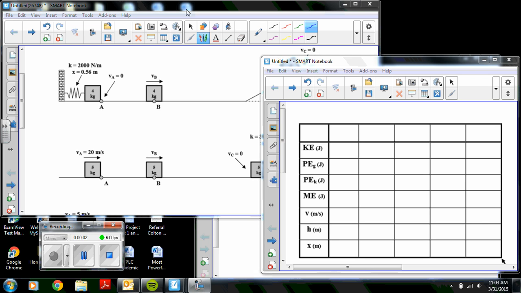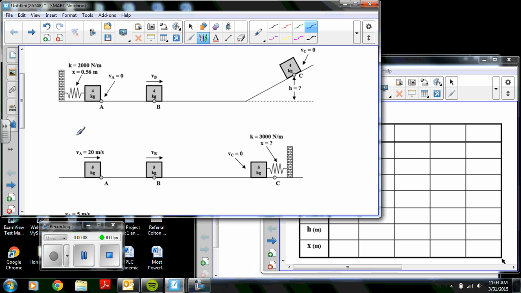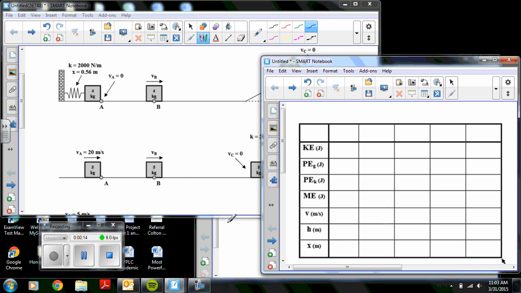Today I'm going to be teaching how to use an energy table to solve a conservation of energy problem. So here is the actual problem that we'll be completing, and here's the energy table we'll be using. In the upper left-hand corner, we're going to write the number of the problem. So we're just going to call this problem number 1, and I'm going to go ahead and put a 1